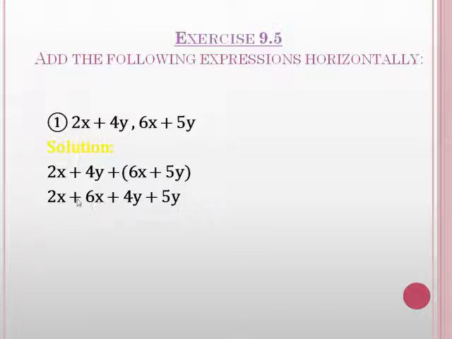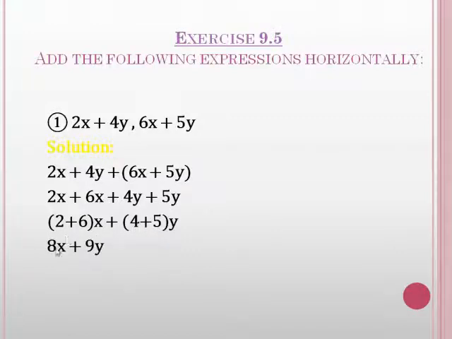So we add the like terms in the algebraic expressions. So here we have to add these. Okay students, as we add these terms, we add their coefficients. The coefficient of this term is 2 and the coefficient of this term is 6. The variables are the same and their powers are also the same. So here we add their coefficients, which are 2 plus 6. And similarly, these terms have the same variable, which is y, so we add their coefficients, which are 4 plus 5.